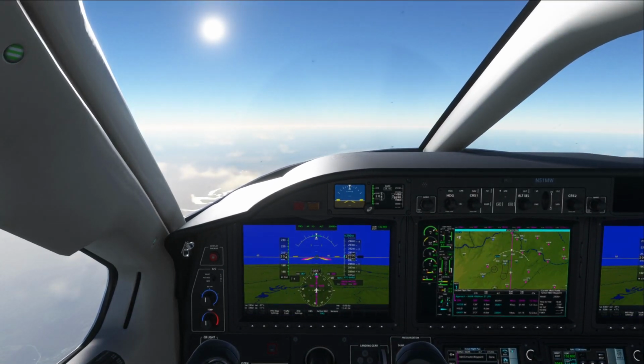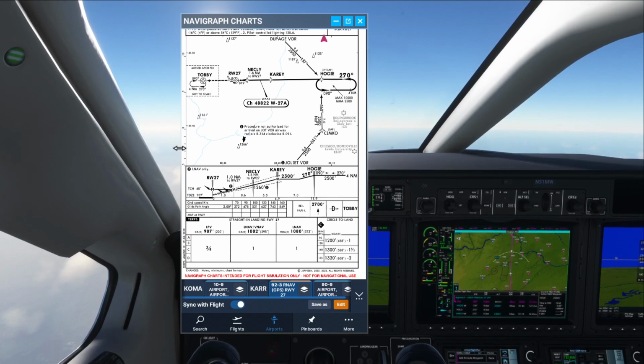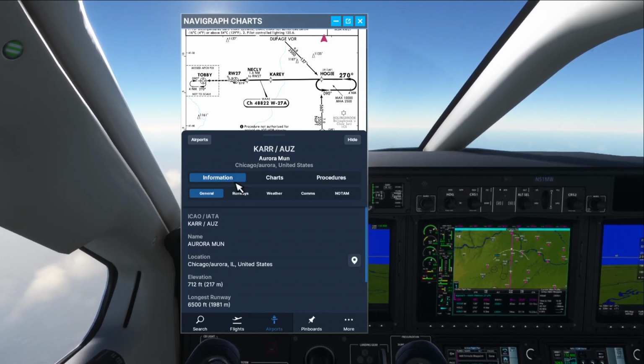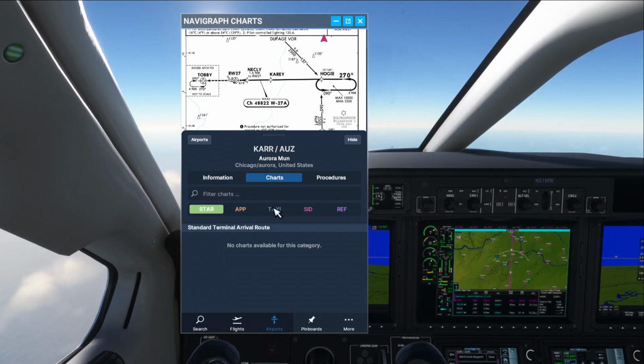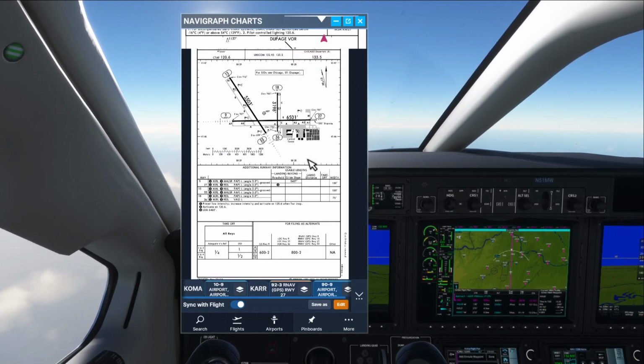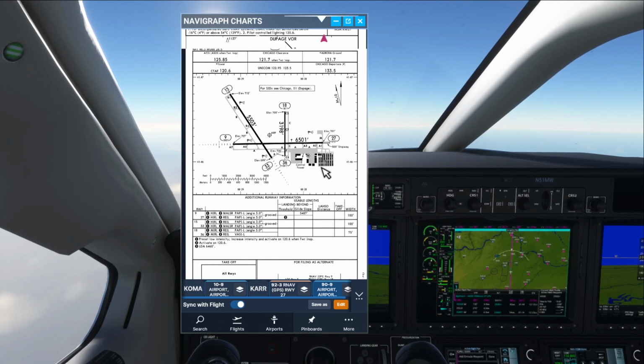Let's take a look. I need to bring up okay, I want charts and taxi. Okay, here's runway 27. We'll need to exit to the left. I would like to park